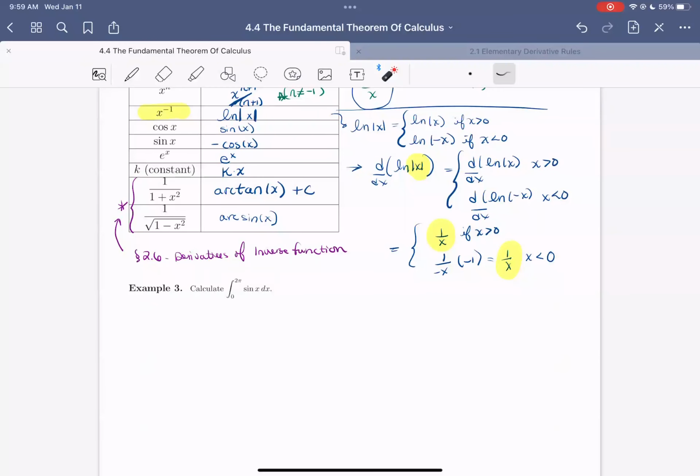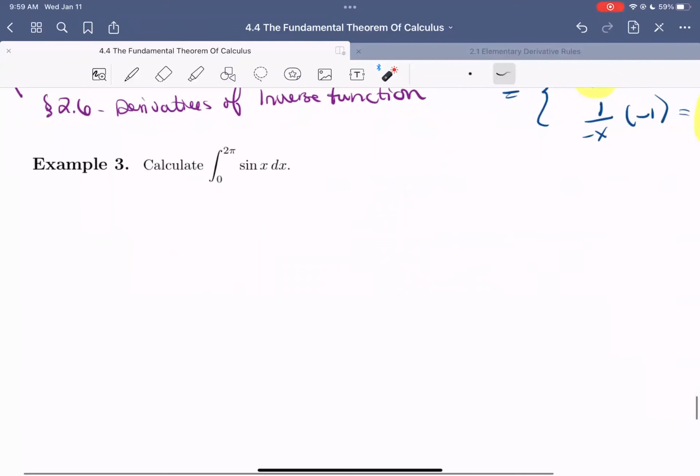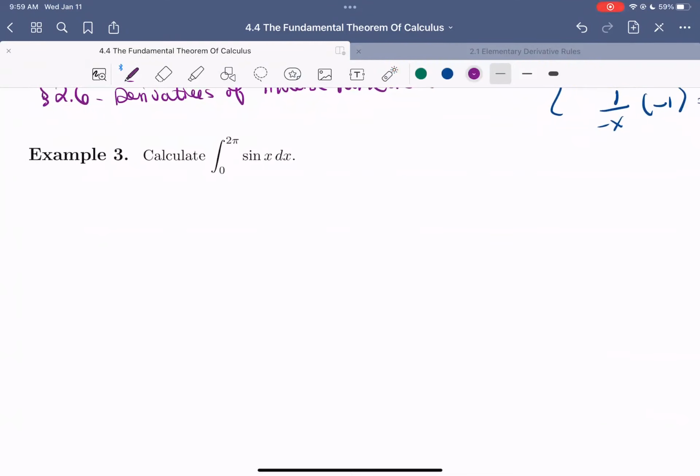All right, now we're ready to look at an example using the fundamental theorem of calculus to compute an integral. So we want to compute the integral from 0 to 2 pi of sine of x. So let's just recall the fundamental theorem of calculus says the integral from a to b of a function f